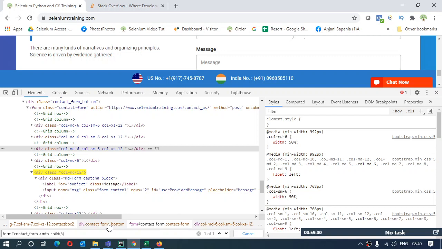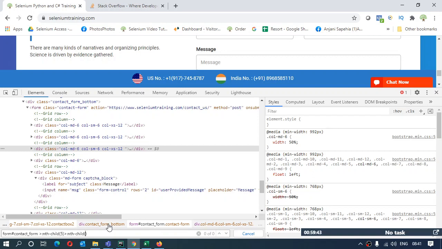It could be possible that there might be some input tags in between, anything could be there, but nth child is not bothered about the tag name. You just need to give the correct number. That's something to be careful about in CSS selector, and that's it. After that, this has become the parent tag now. This nth child 5 has become the parent tag because there are inner tags which I want to go inside. So I'll again use this colon, and then again use nth child.